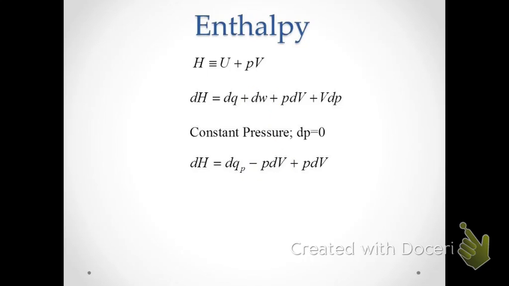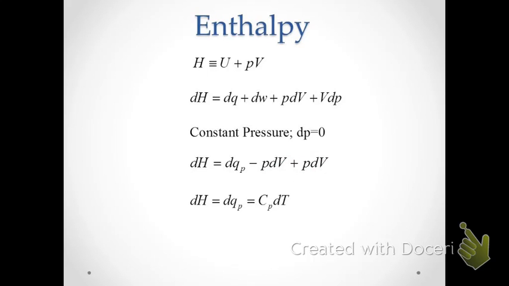And then we're also going to take dW and simply use our expression for dW as being equal to negative PdV. So now we have the situation that dH is equal to dQ minus PdV plus PdV. And again, it's important to note that this would be rigorously true only for a reversible process when the internal pressure is equal to the external pressure. And of course, we'll also add the subscript here for dQp just to indicate that we're talking specifically about a constant pressure process. Alright, so of course these last two terms cancel each other out,